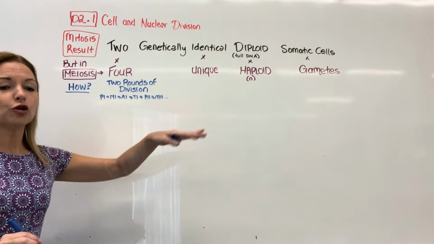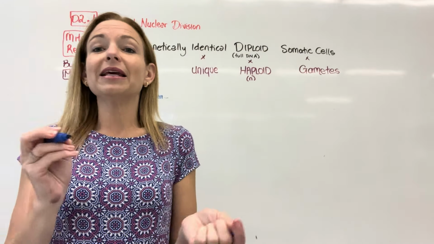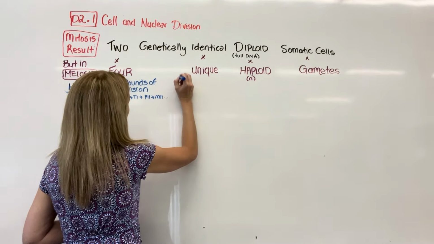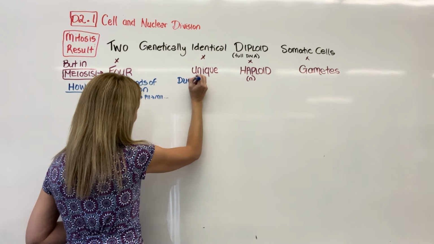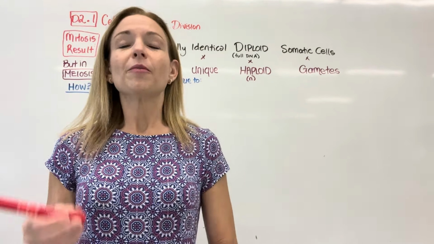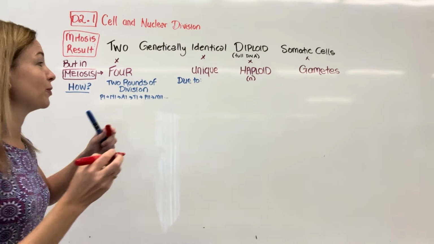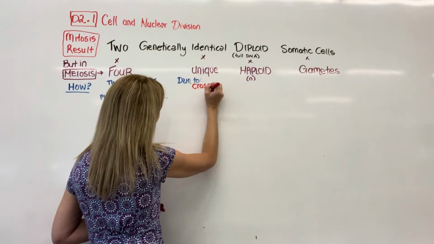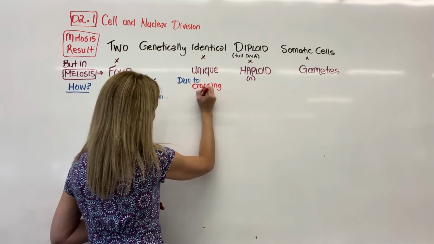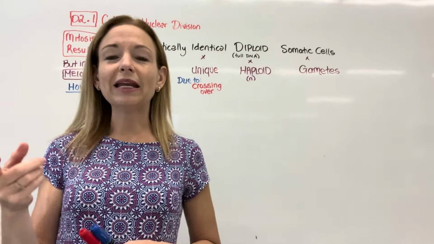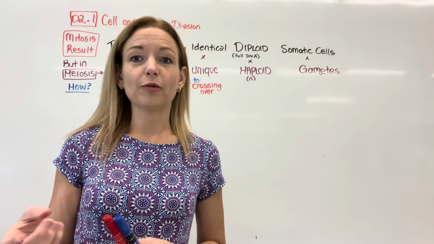What makes it unique? The uniqueness of the gametes is due to two processes in particular. They are going to be different from each other because they don't get the full number of chromosomes, but we're also going to attribute this largely to crossing over, which we're going to talk about again in a second. And also it's going to be different between each round because of random orientation.